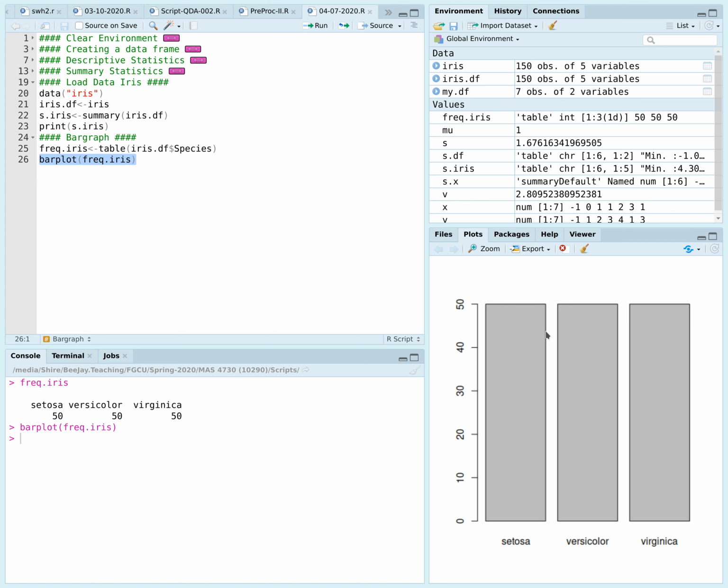And you can see that since we have equal counts between the three, we simply end up having 50, 50, 50. The height of the bars are exactly the same. We can add a title. We could give an X label, Y label,